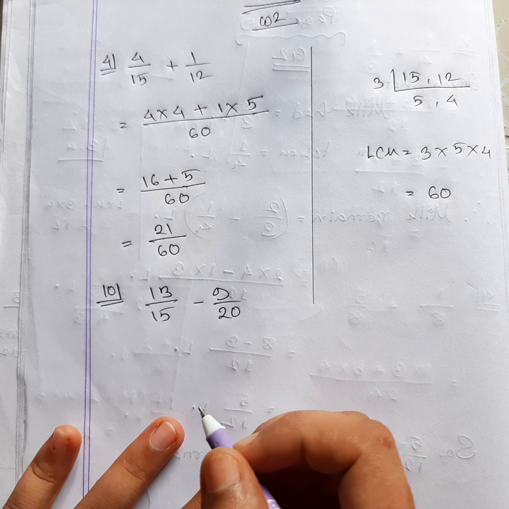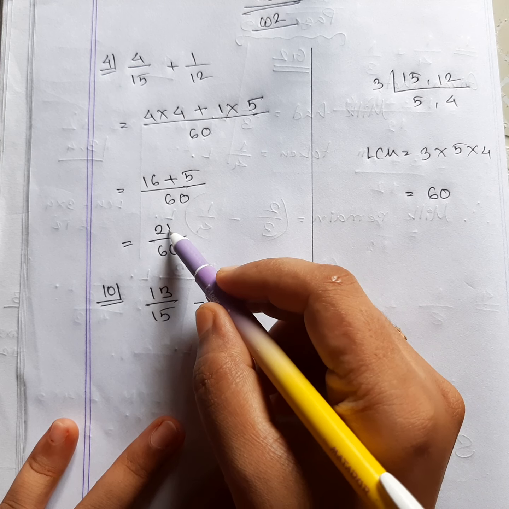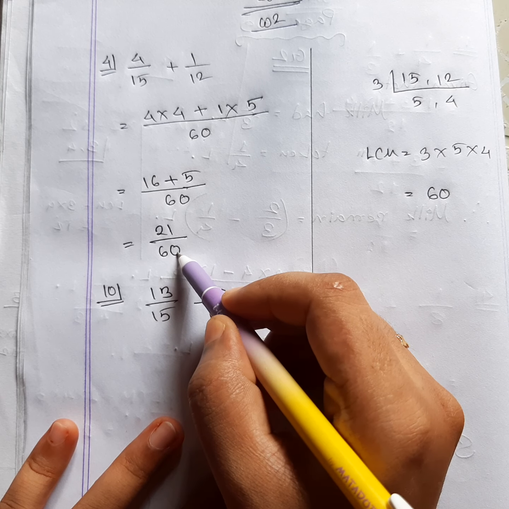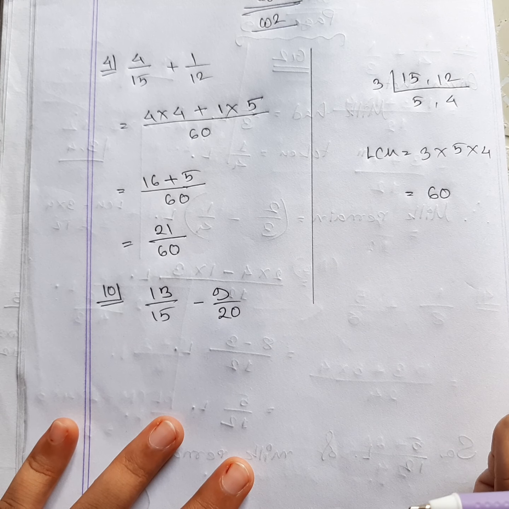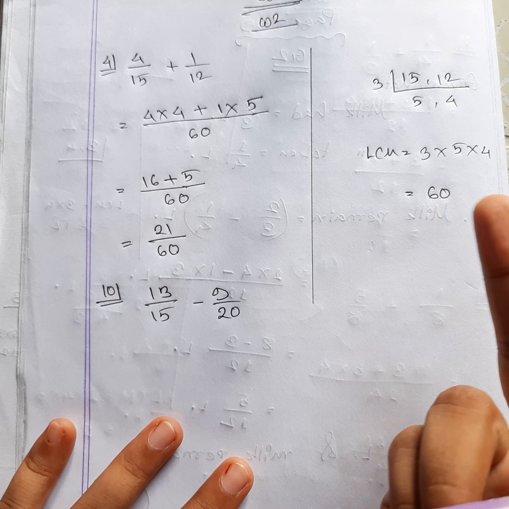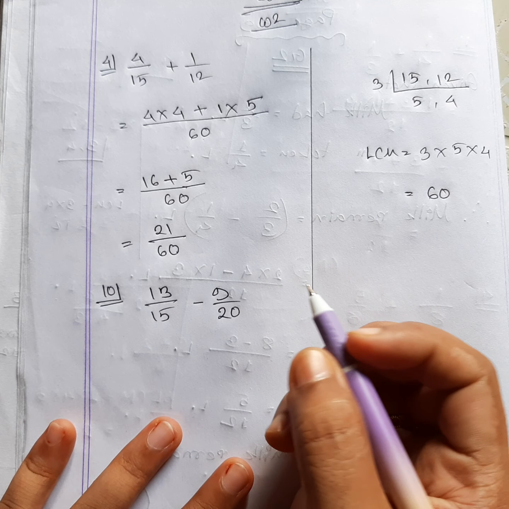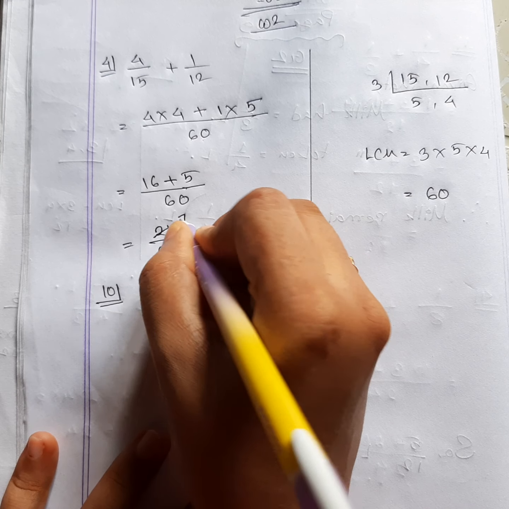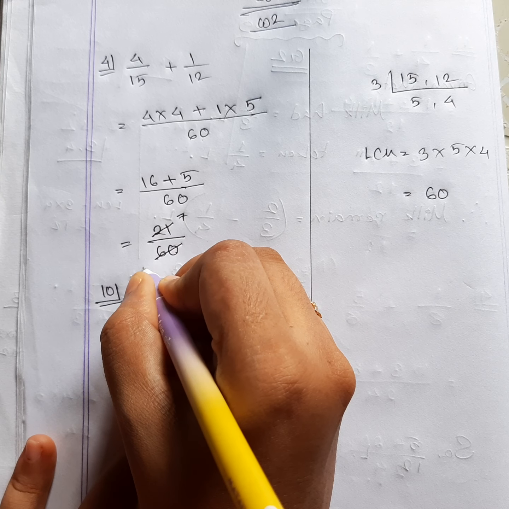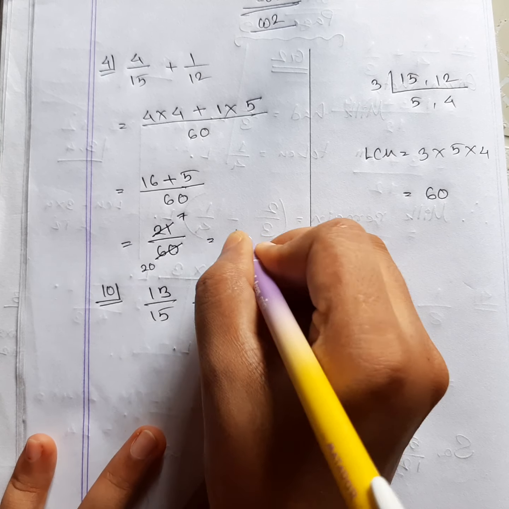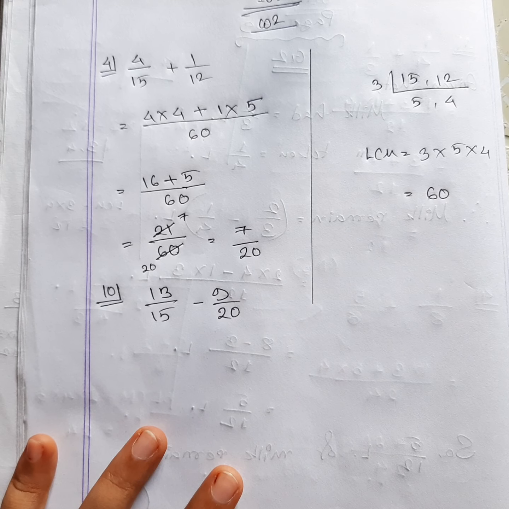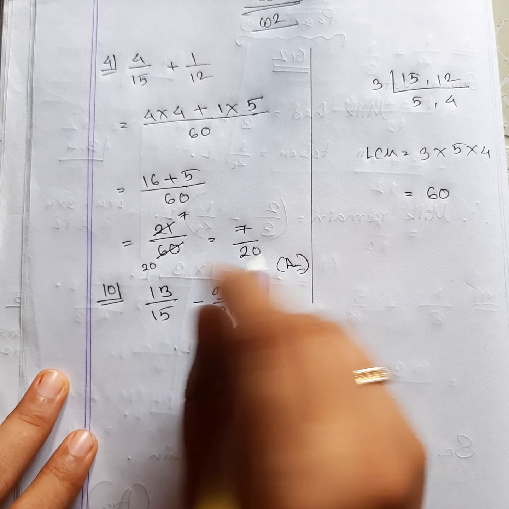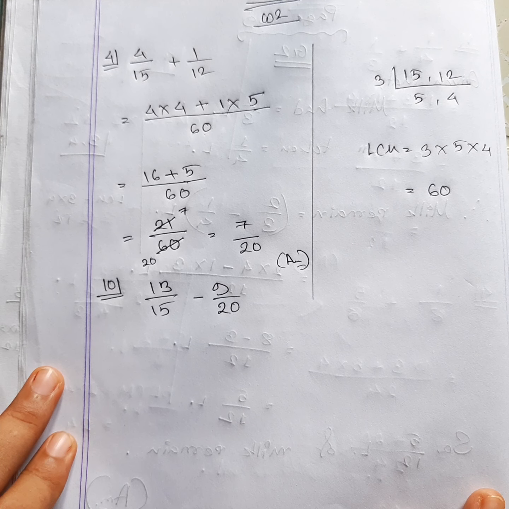Now the reducing part. We cannot divide 21 and 60 by 2. 21 cannot be divided, but 60 can be, but we will not go for that, because you know we have to choose a number with which we can divide both of them. So I'm going to choose the number 3. If you divide 21 by 3, your answer will be 7 over here. If you divide 60 by 3, your answer will be 20. So the answer is 7 by 20. This is how you are going to do it. This is your answer. This is called reducing to the lowest fraction.